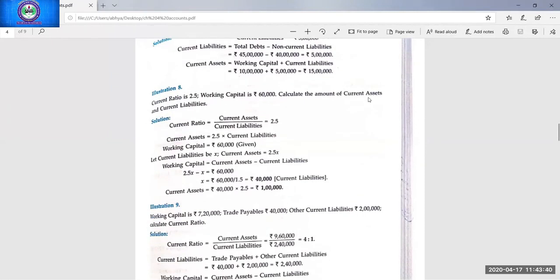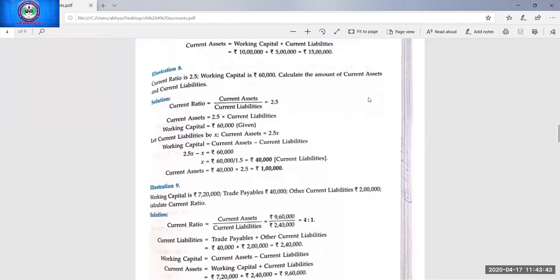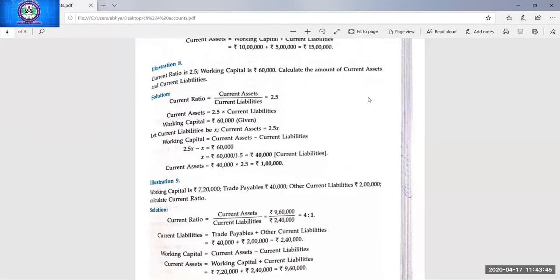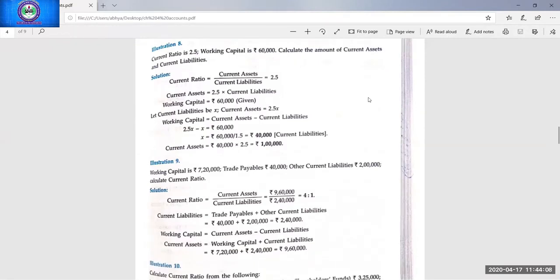You can check that earlier we were doing questions where the whole concept was given. But what is changed in this question? Here the whole concept is not given. We need either current assets or current liability. Working capital is already given. So here for current liability, two individual concepts are given: trade payables and other current liability. So to find current liability, we will add trade payables and other current liability. So the total is 240.